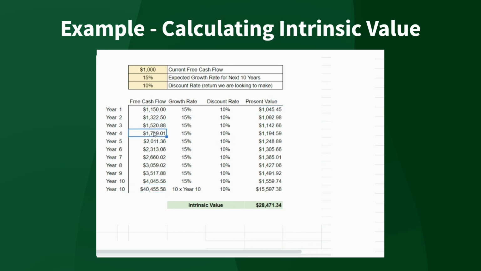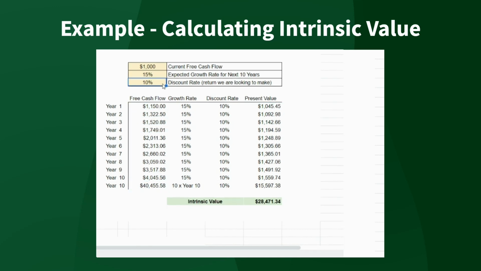Now, a couple things to note. Obviously, a higher expected growth rate will increase our free cash flow over each consecutive year. Also, the discount rate: the higher return we're looking for, the lower price we need to buy the business for. So we can see with the 10% discount rate, we end up with our intrinsic value, which is the summation of all present values of future cash flows. And we're just looking at a 10-year period. And we end up at